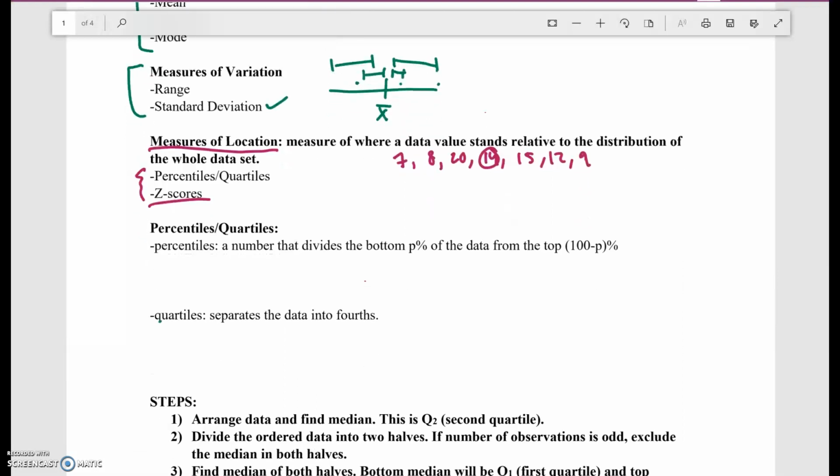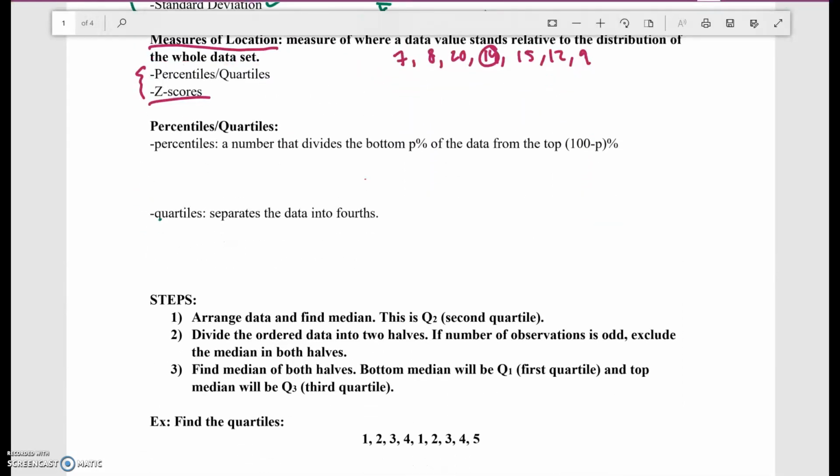So a percentile is just a number that divides the bottom p% of the data from the top 100 minus p%. For example, let's say I gave you the 30th percentile. If I said the number 12 was the 30th percentile, I don't think that's right, but let's say that was the 30th percentile. So what does that mean? If I had this number 12,